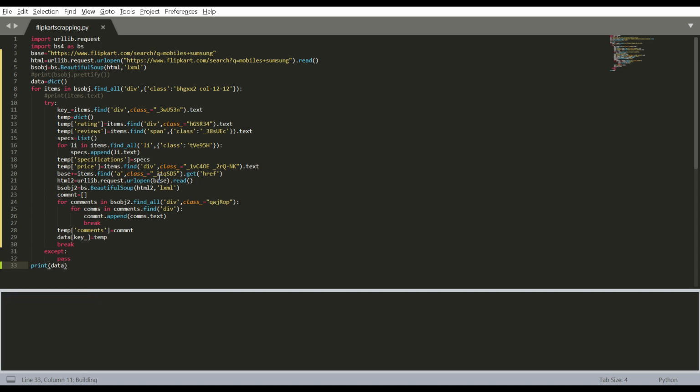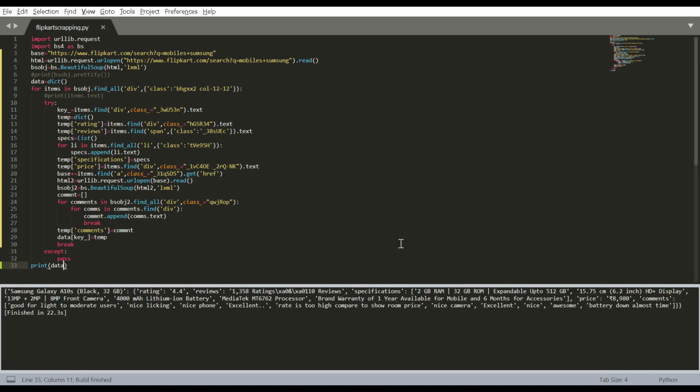Let's see. Yeah, as you can see here, this is the main product, then the ratings, reviews, and whatever you need, specifications. Everything is getting stored here, and you're getting the comments as well. So now all we have to do is save it in a file anywhere.